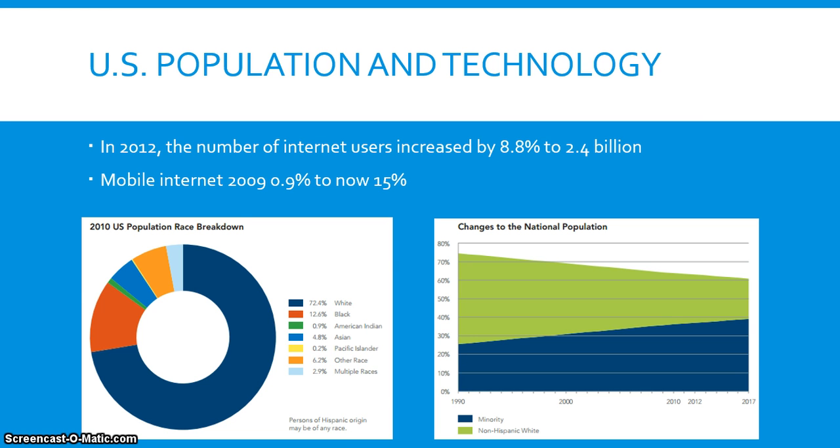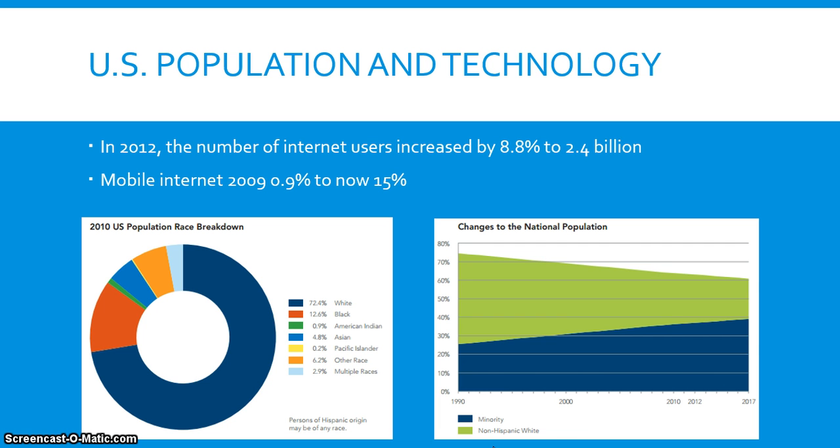So the next question that you might ask is why? Why does multiculturalism affect us on a global scale as well as in the classroom? In 2012, the number of internet users increased by 8.8% to 2.4 billion people. Now that means that a lot of people around the world are having more access to what each other is doing across the world, across countries, as well as on a more local scale of what's happening right next door. So this increase in technology is really allowing for people to become more connected and see more about what each other's doing, and is really exposing us to a lot of things that in the past we haven't been able to see or hear about.